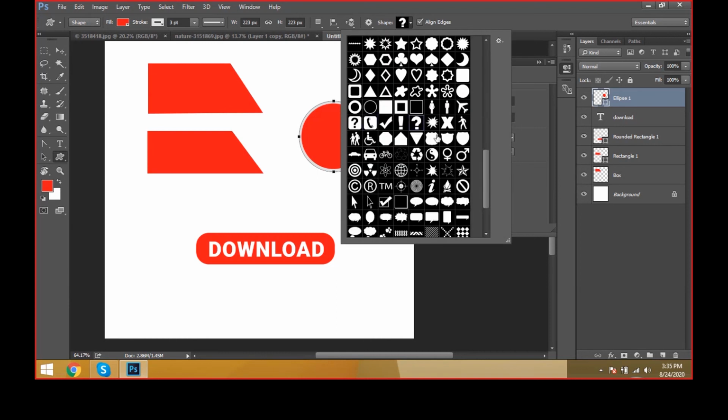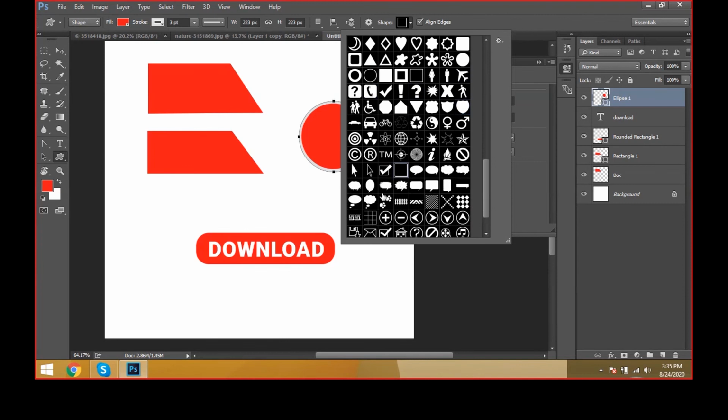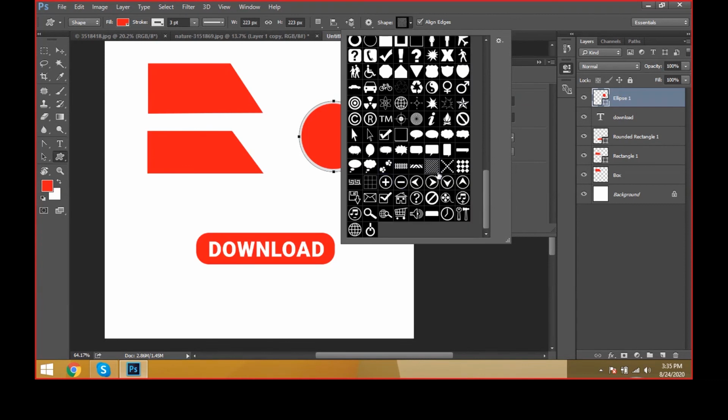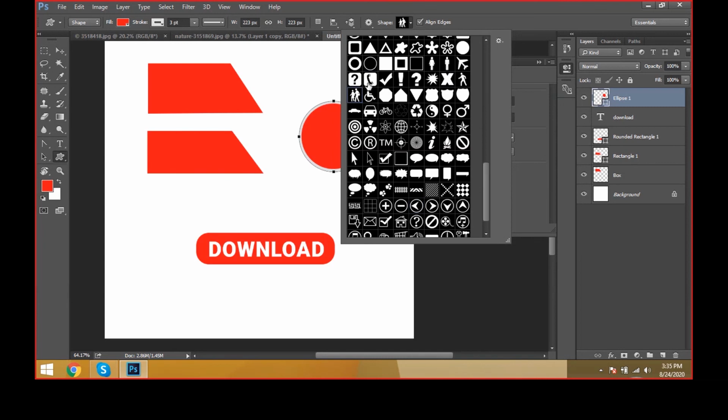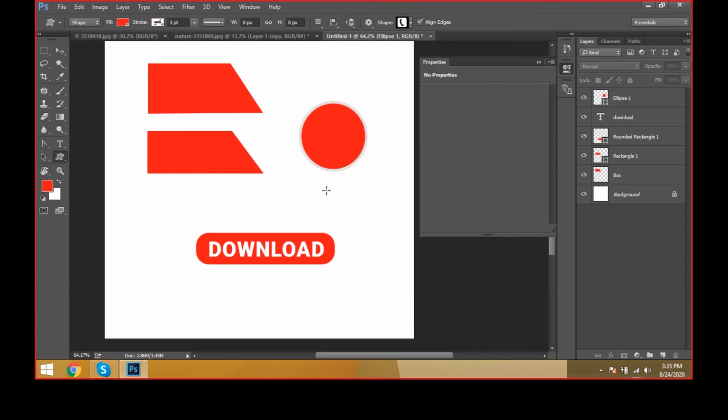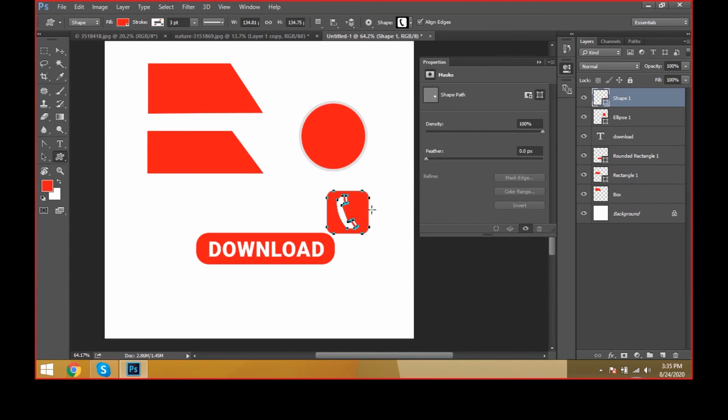Phone symbols, arrow symbols, any symbol you can take anytime. I'm taking a call symbol like this, double click on the custom shape and drag it like this. But I don't want these edges, this red color.